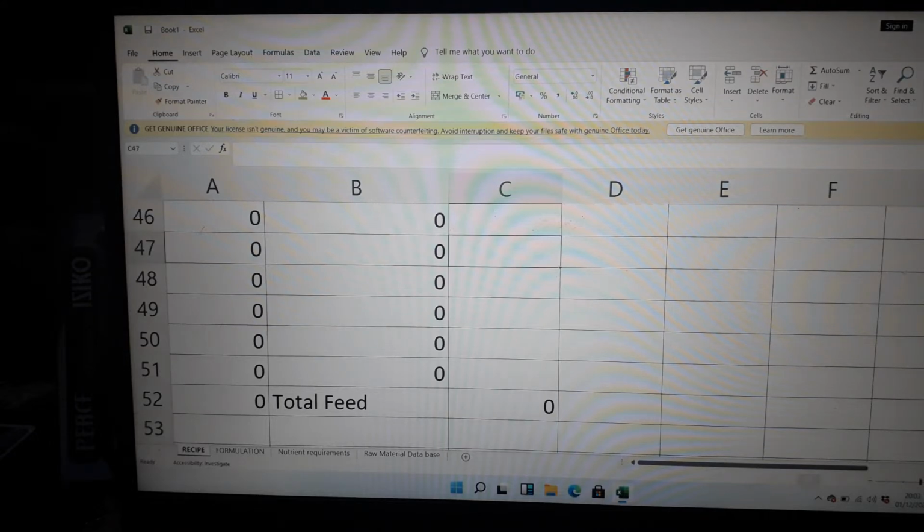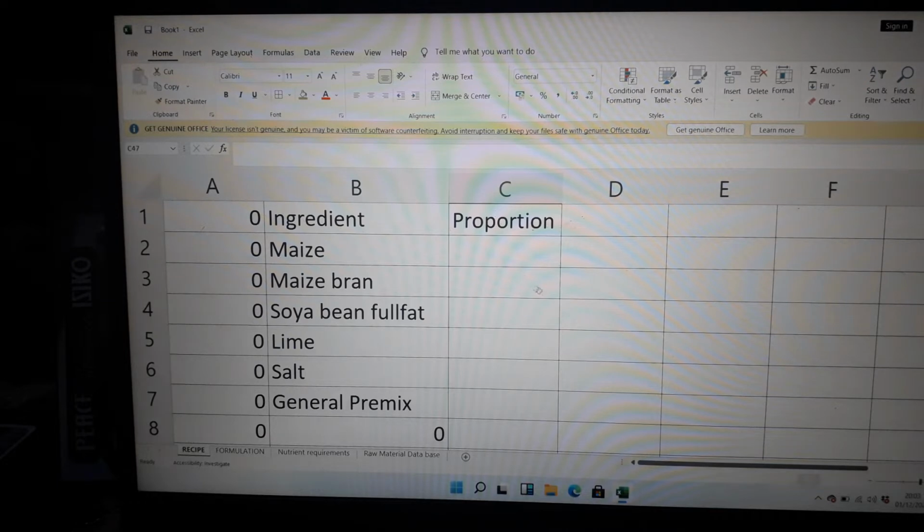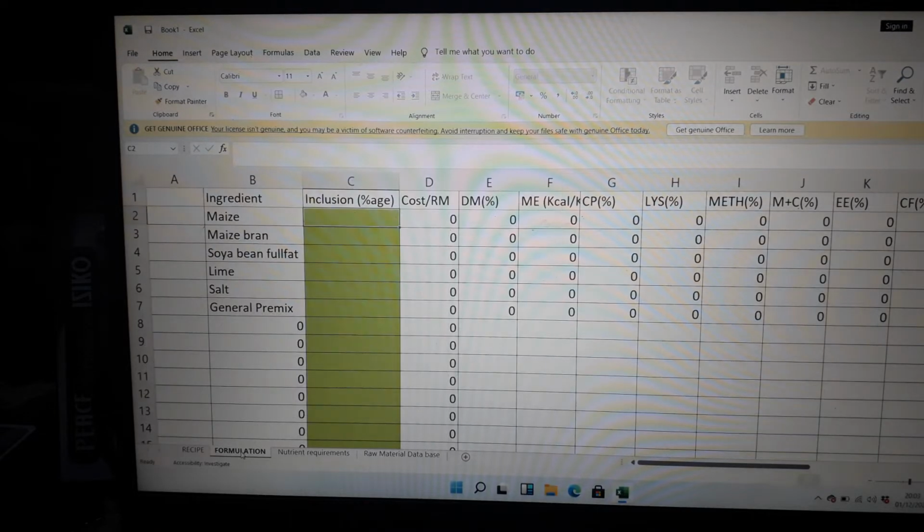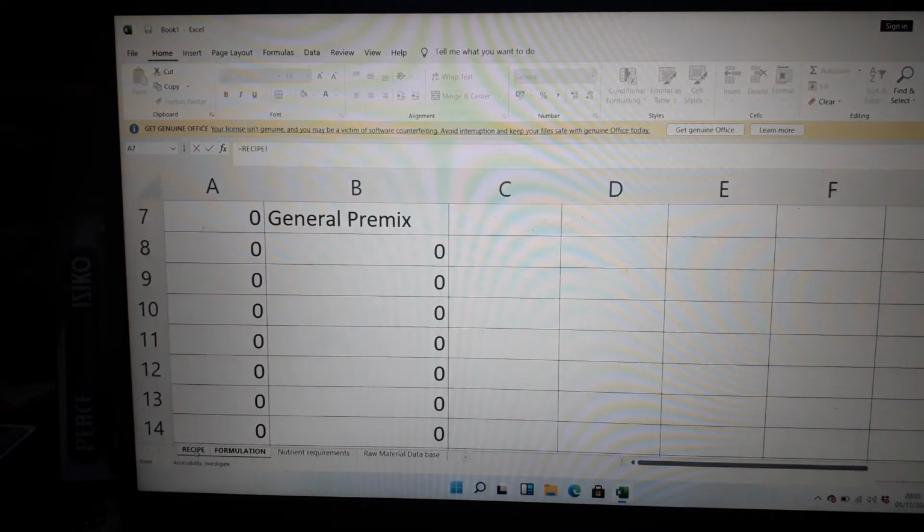Just as an example, for instance, you can put in some numbers, maybe 80, 70, 18, like that, so that you test whether the total is okay. That's good. So now you come here to your Excel sheet of formulation and put a formula and say this one equals. You want now to get the other recipe converted into a formula here. You get me? You say equals, go to recipe,